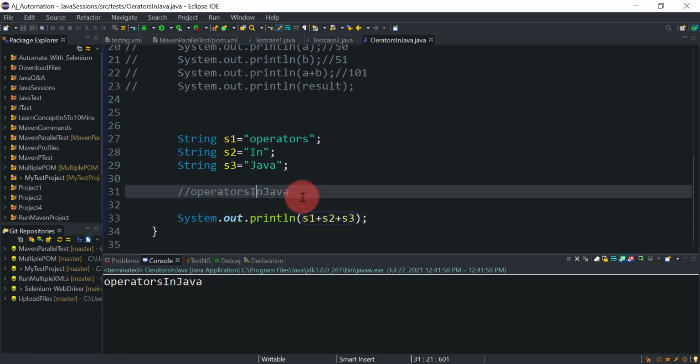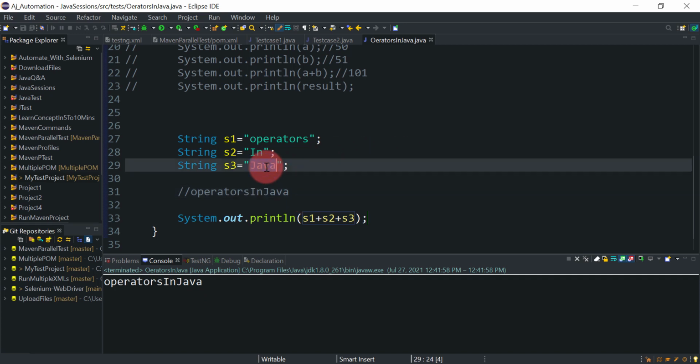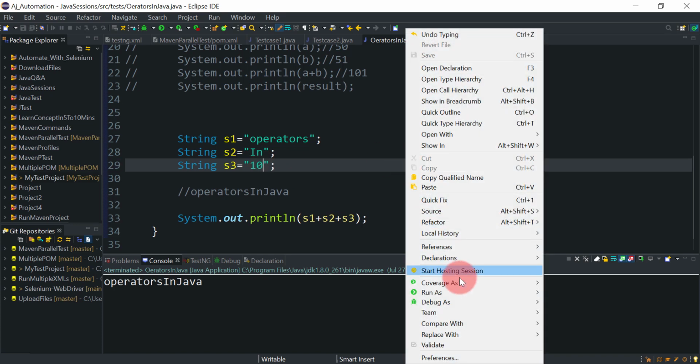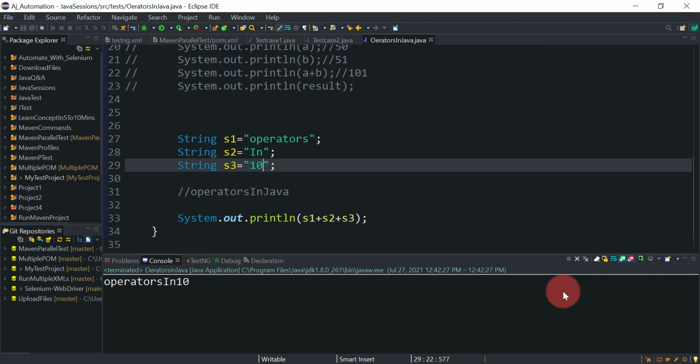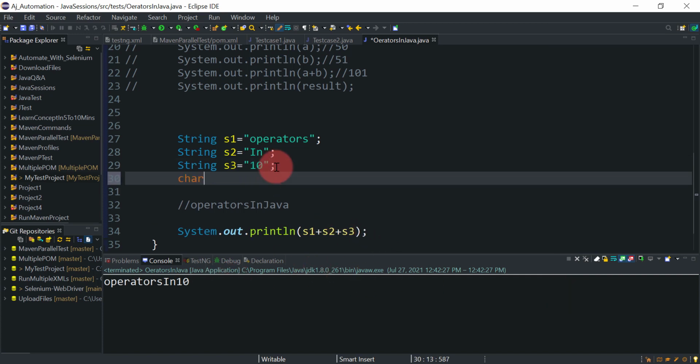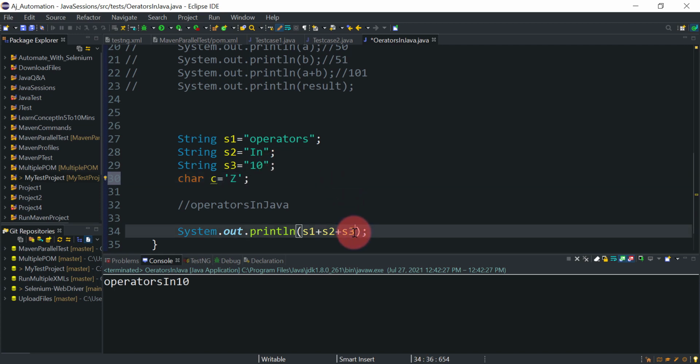So let me show you some variation in this example. Let's say I convert this into 10. You can store the 10 value as a string. So we got operators in 10. Let's say another character value I am defining, char c equal to capital Z. If I try to concat the character with the string, what will happen?